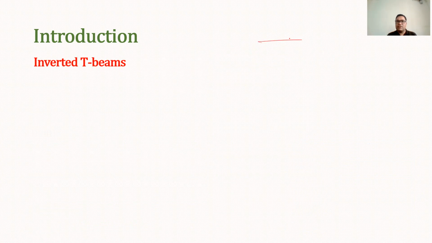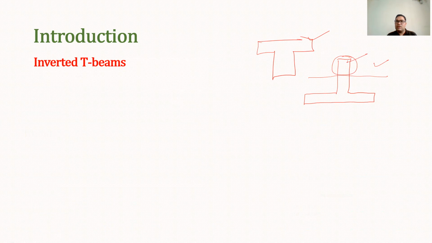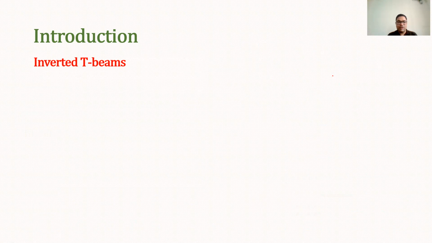So till now we have seen that in the T-beam, the slab is available on the top, but sometimes for architectural consideration, we can provide the slab on the downward side also. In that case, this becomes the inverted T-beam. In case of inverted T-beam, if there is a neutral axis, the compression area will be active only this one. And if compression is there, then this slab will not contribute towards the strength. So that is why these T-beams are not effective, but they are provided only for architectural considerations.